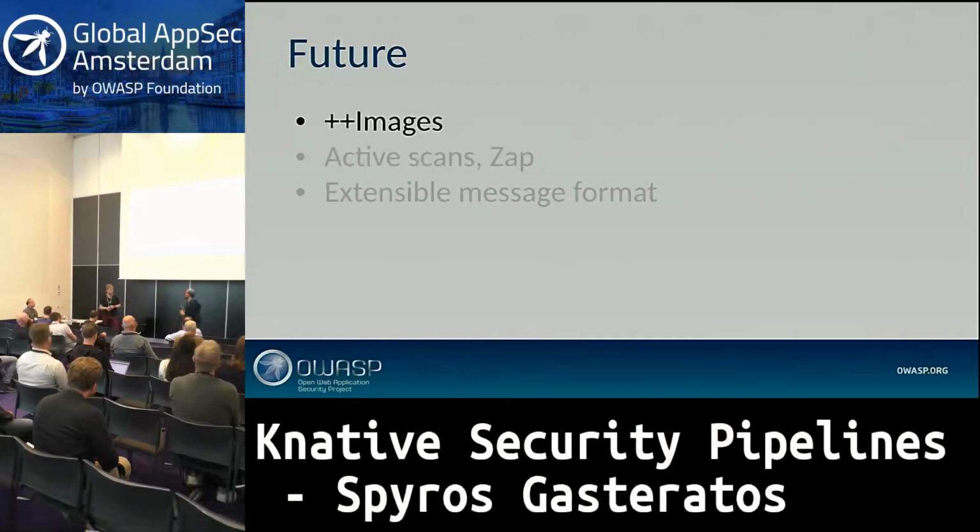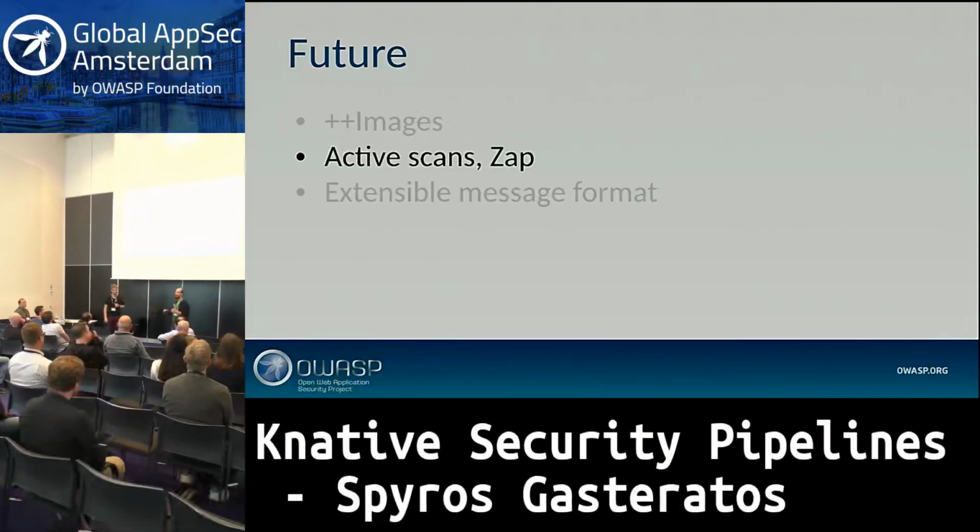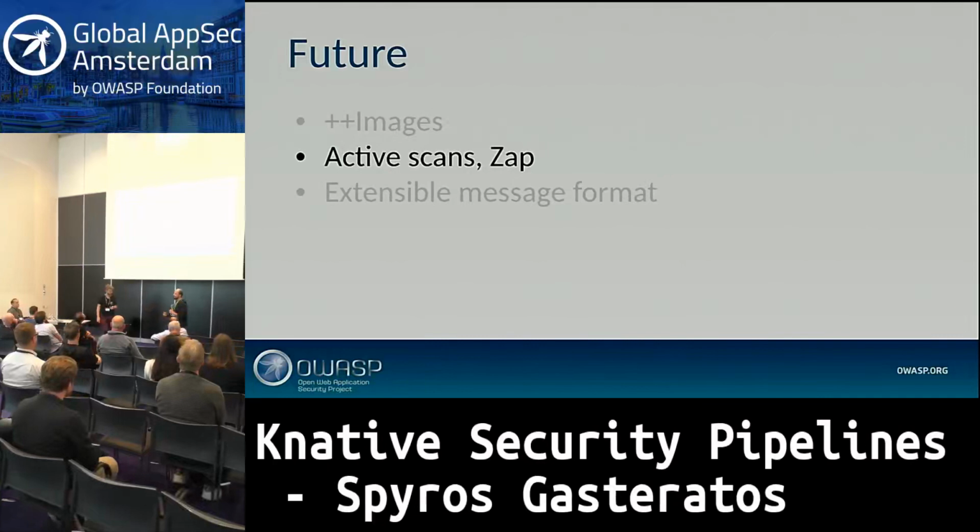So what's the future for us? Support more tools. We need to add way more images. We have several things that we haven't integrated yet. The Jira integration is taking a while, mainly because Jira. We have ZAP running, but as the baseline, not a very smart scan, which doesn't give us a lot of flexibility.